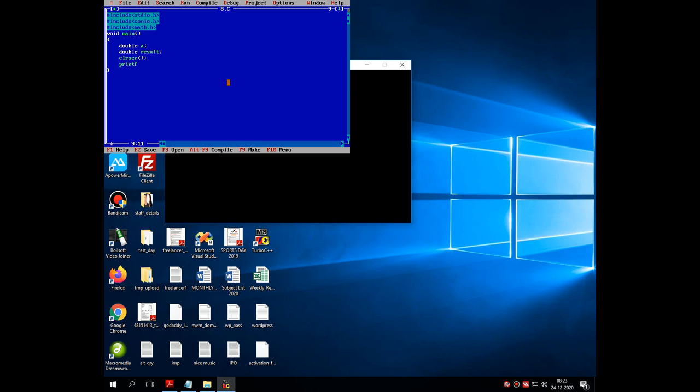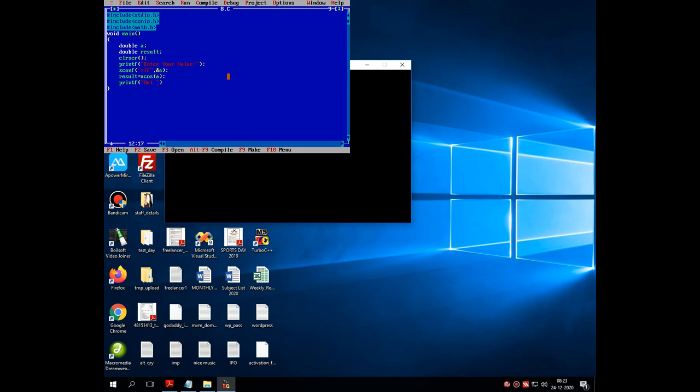Then printf statement, "enter your value", then scanf statement, "%lf", since it is double, comma &a, and then result equals acos. Inside the bracket I am passing the variable a to find out the cos value of the inputted variable a, then printf